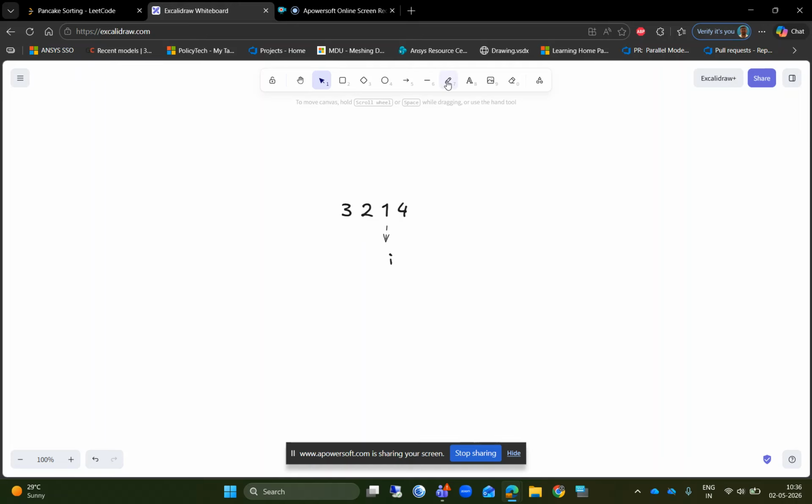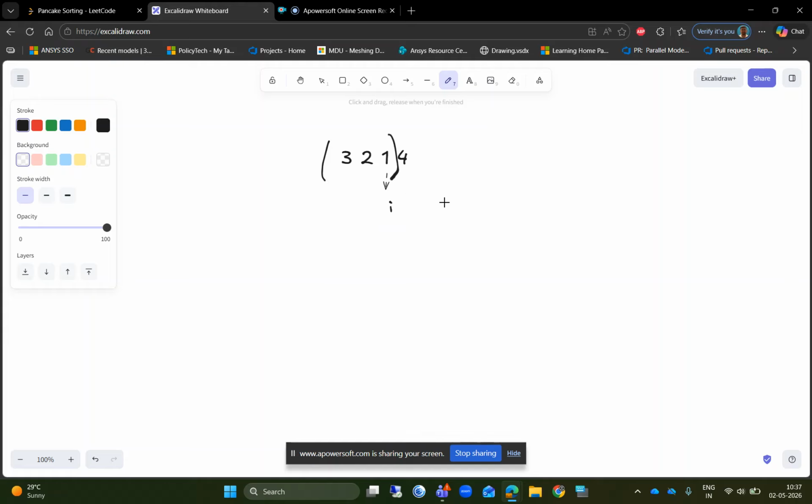So we can reverse from here till here, and we have to do a sequence of such steps to get the array sorted. In this case, we only have to do one reversal, and this results in the array becoming